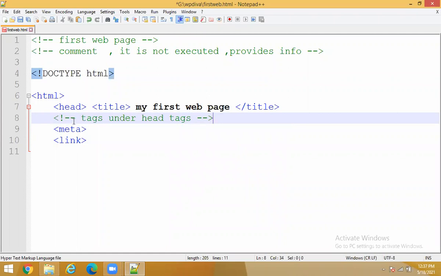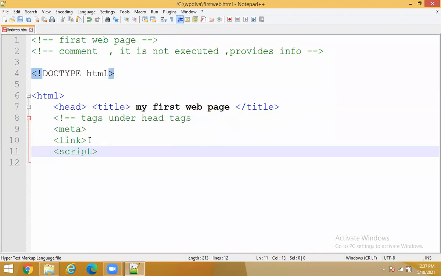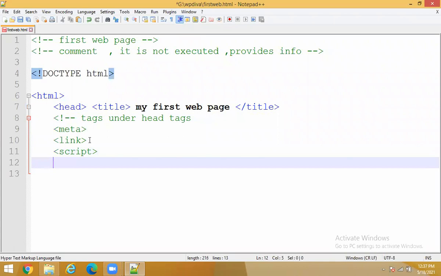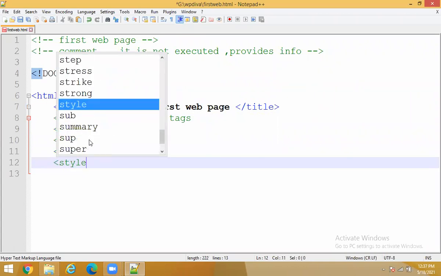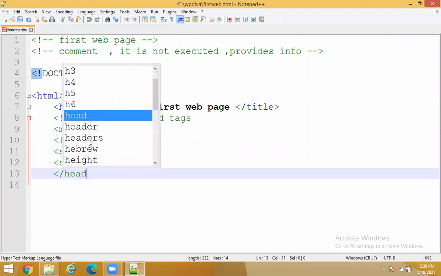Everything I want to make a comment, I can do like this, and then I can add the link tag. I will also have a script tag, and then I will also have a style tag. These are the tags which will appear under the head tag. And now I will close this head tag.